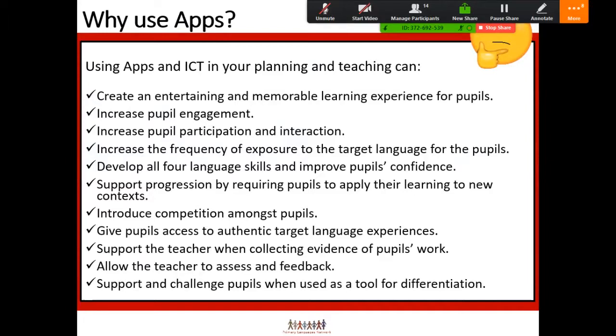I saved that myself, and in the subsequent lesson, we started that off as a listening activity, and all the pupils were able to listen to their peers' answers and do some things with that language. And also support and challenge pupils when used as a tool for differentiation. I will show you how I've done that myself later on in the presentation.